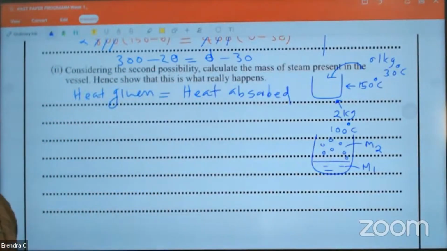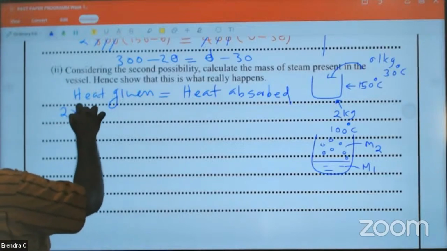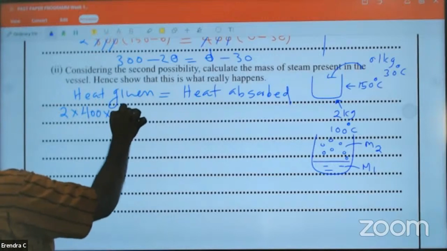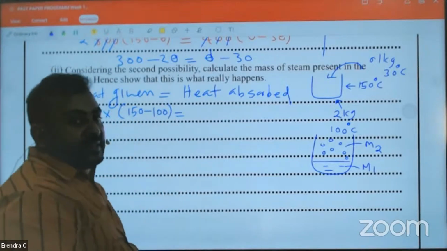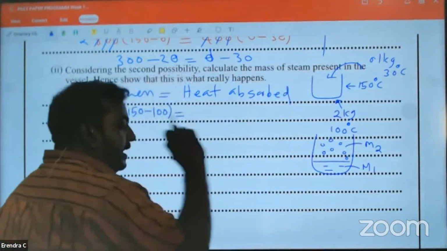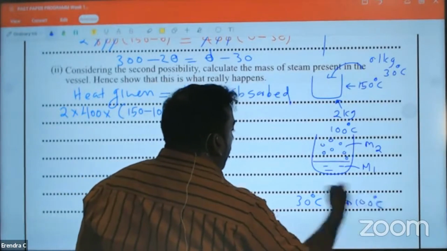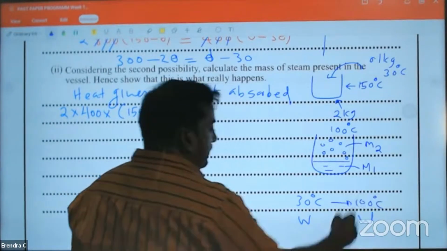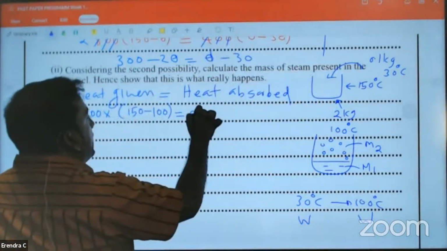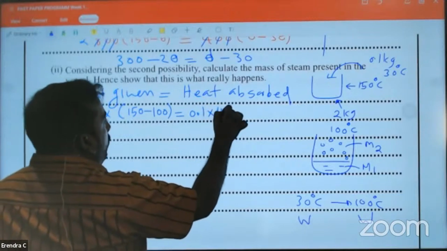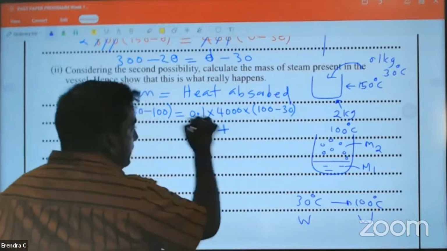So heat given, again by the vessel. Mass of the vessel 2 kilograms, specific heat capacity 400, 150 minus final temperature 100. Who is absorbing the heat? Water is absorbing the heat. Remember, from 30 degrees to 100 degrees, all the water will increase together, so the complete 0.1 will increase. 0.1, 4000, change in temperature 100 minus 30, plus